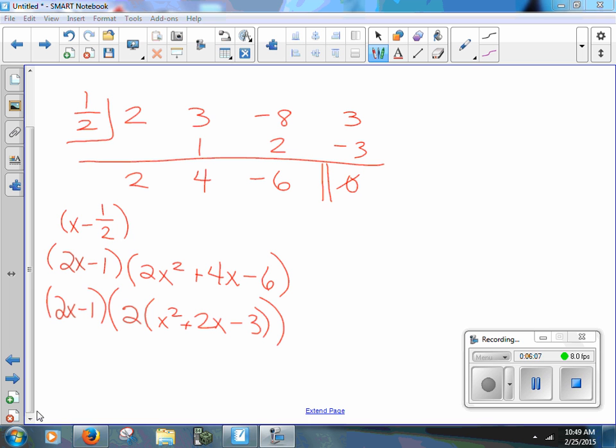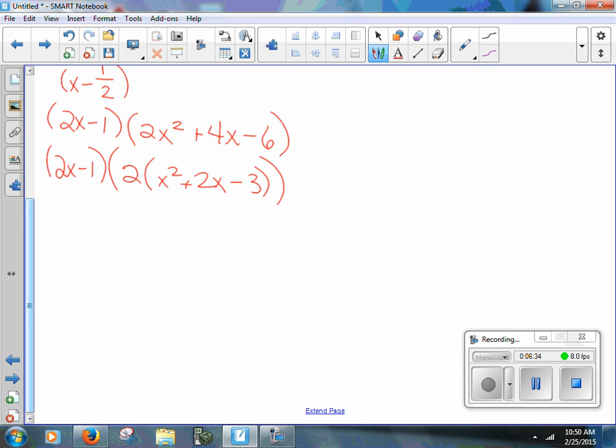Okay? Your process is correct, but you have to account for that 2 there. If I were to ask you for the factor completely, and you don't have that 2 included as a factor, you're going to get points taken off because it's not right. So you couldn't do 2 times negative 6 and get negative 12. You could, but watch what's going to happen. If you did this one,